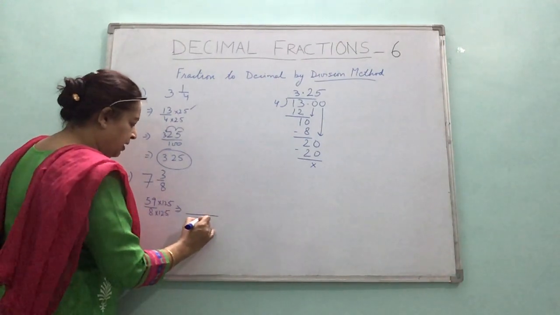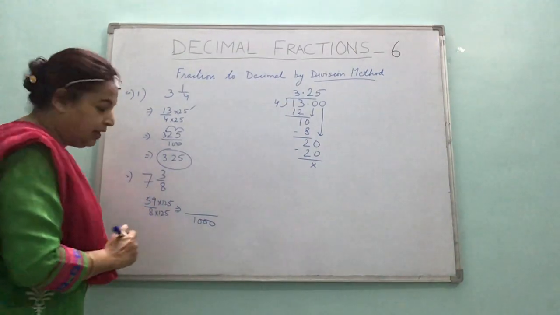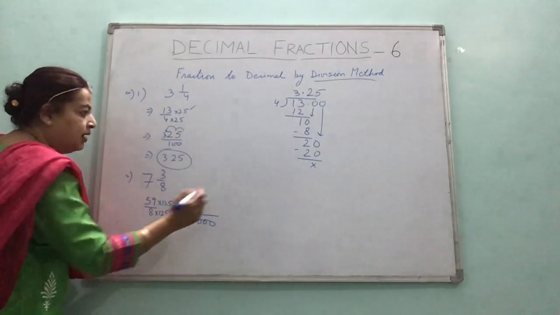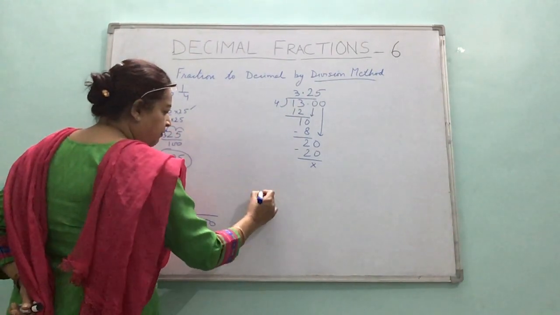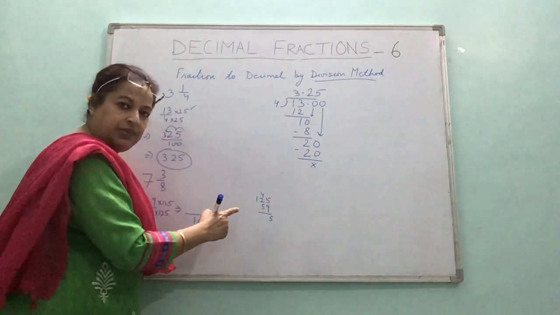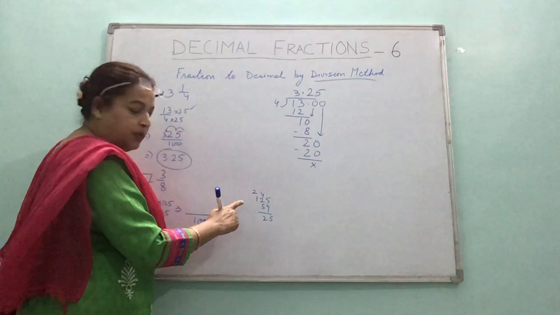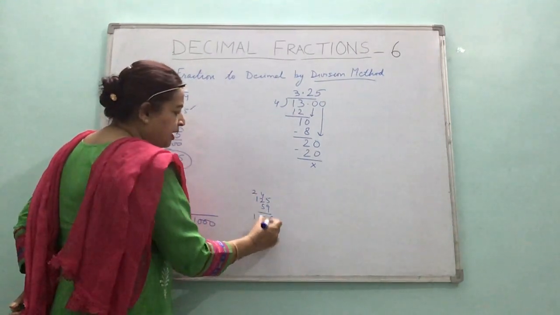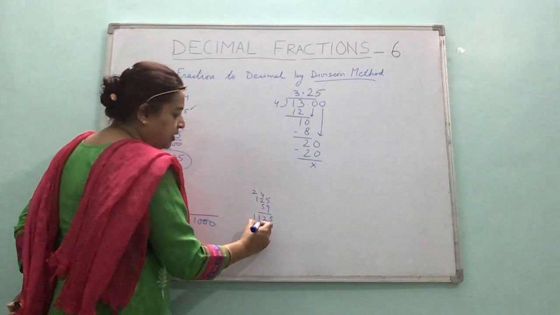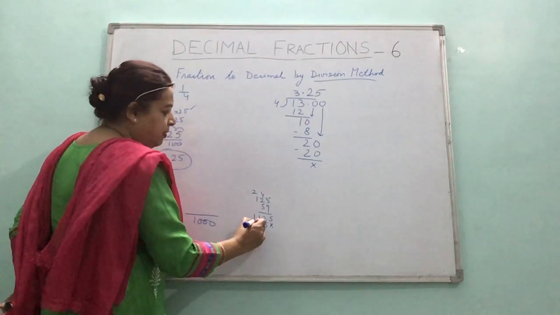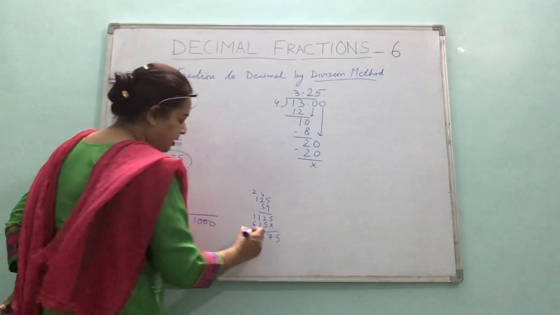Well, that is upon 1000. I have to multiply 125 by 59. So I'll multiply here, 125 by 59. 9 5s are 45. 9 2s are 18, 18 plus 4 is 22. 9 ones are 9, plus 2, 11. 5 5s are 25. 5 2s are 10, plus 2, 12. 5 1s are 5, plus 1, 6. So I get